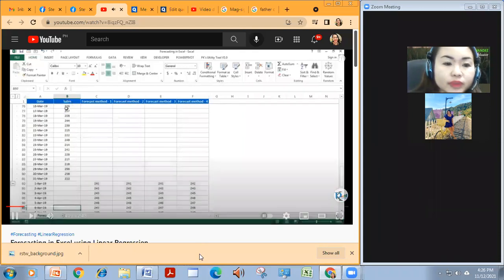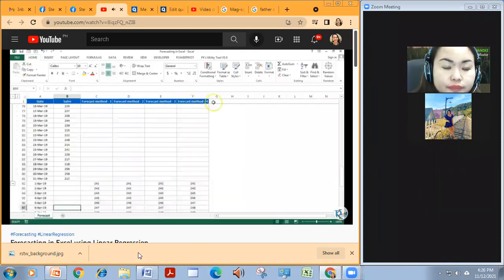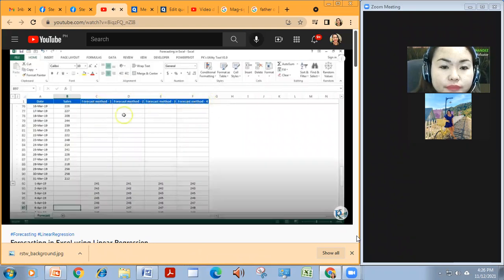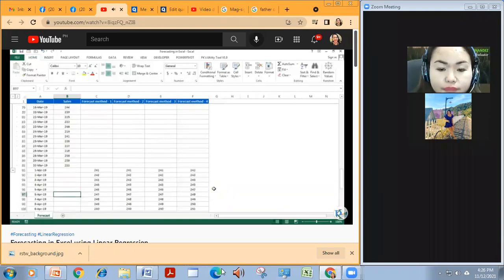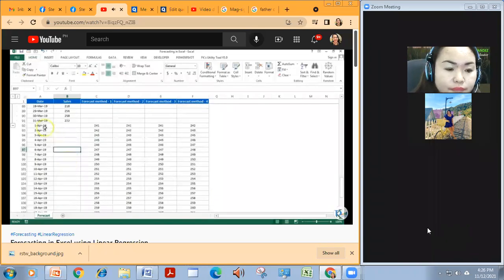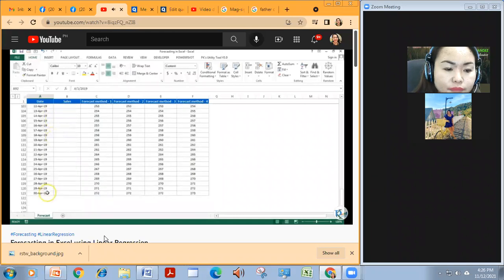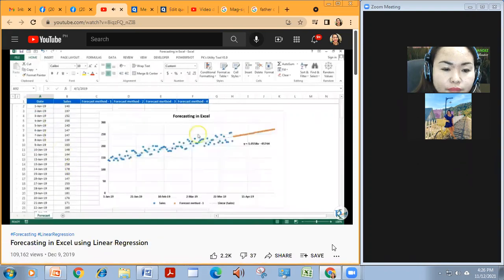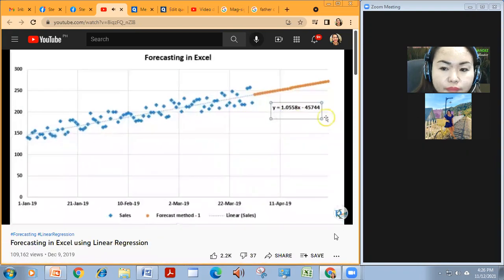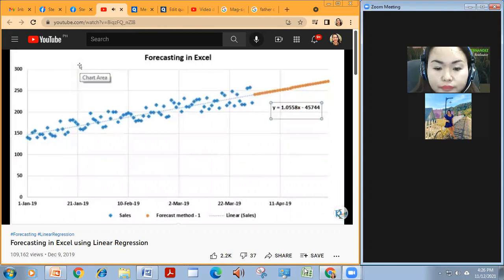And we have used 4 different methods to do the sales forecast. Here I will explain you each and every formula which I have used to doing the forecast. So you can see we have done the forecast for 1st April 2019 till 30th April 2019. I have used here linear regression. You can see the regression equation, and I have used the forecast formula and trend formula also. So I will explain you step by step.